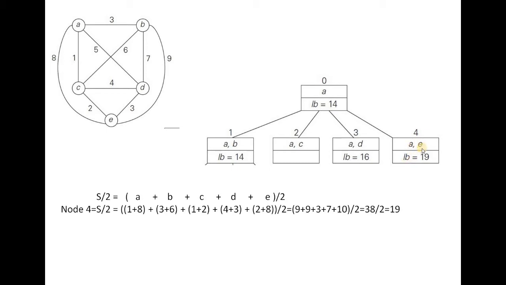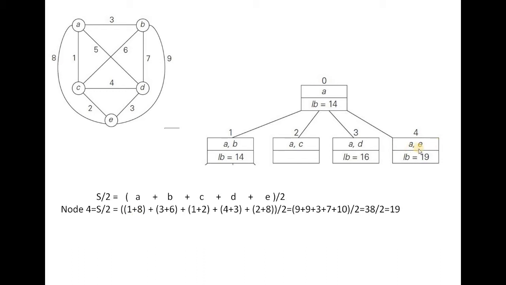Next we'll see how to find out lower bound value for 4. So here the pair is A to E. So A to E route is fixed here. For A, one of the value towards E is fixed, and for E, one of the value towards A is fixed. You need to find out one more least cost path for these two nodes. So for A, towards E is fixed. This route is fixed, whose cost is 8. Next least cost path is towards C, whose cost is 1. So 1 and 8 are considered for A, and those are written here.